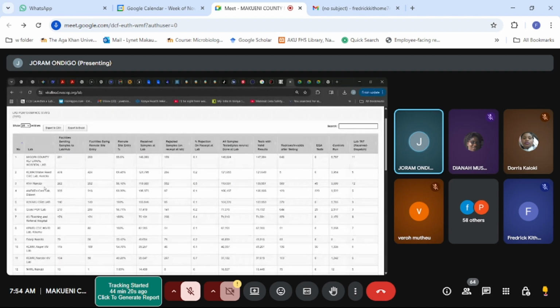You might even be wondering. KNH Nairobi doing around 262. Ampath Eldoret doing around 333 facilities. Kisumu 140, Coast PGH 213. For our case, we are at EDAP, you see 79 facilities. That is Makueni and Machakos. Of course, so these are the number of facilities that have ever sent samples to that given lab. So it just tells you, and this one also now,